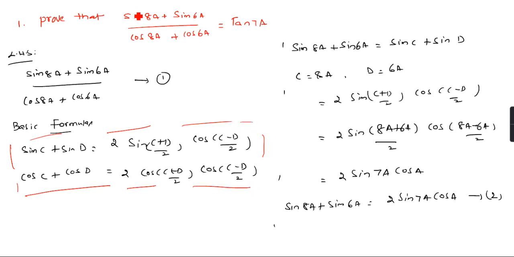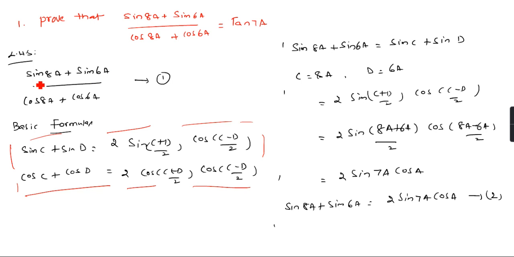That is, sin C + sin D is equal to, what is the formula? Sin is an odd function, so one sin and one cos are involved. First we do the addition, next the subtraction: 2 sin((C + D)/2) cos((C - D)/2). And cos is an even function, so if there is a plus, two cos terms are involved: 2 cos((C + D)/2) cos((C - D)/2).